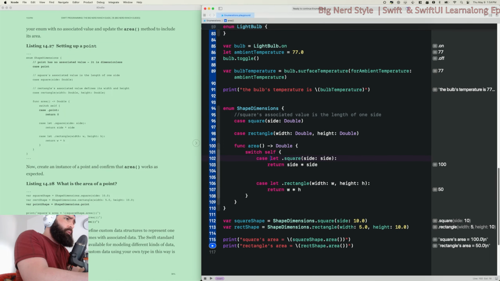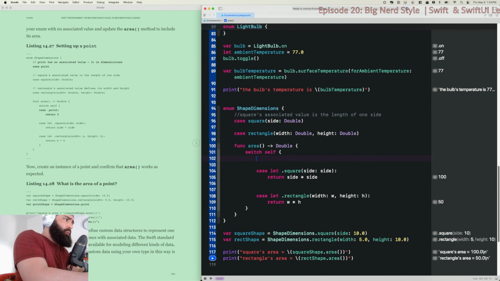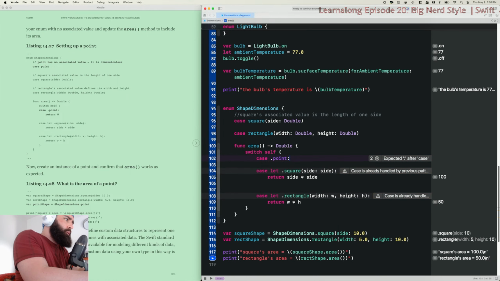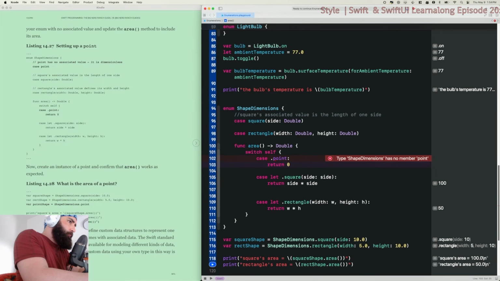Switch self. Case point, return 0. Okay. Now create an instance of a point and confirm that area works as expected.